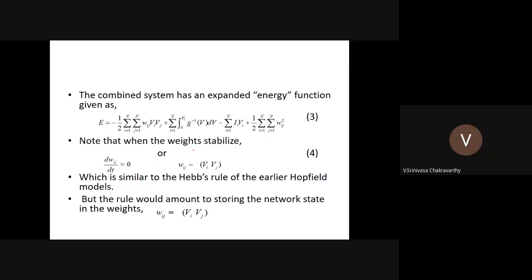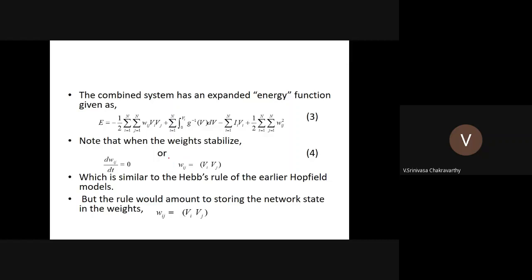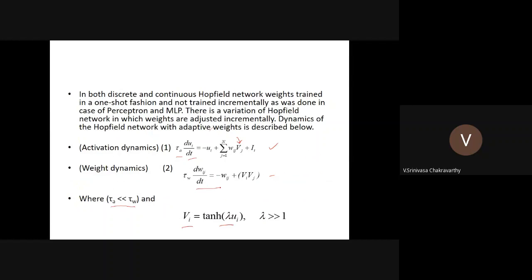And therefore, when the weights stabilize, dwij by dt is equal to 0. Because when the activations stabilize, stop changing, that is dui by dt happens to be 0. Similarly, when the weights stabilize, dwij by dt happens to be 0. And you can easily see that when that happens, this equation has 0 on the left side, so wij simply becomes